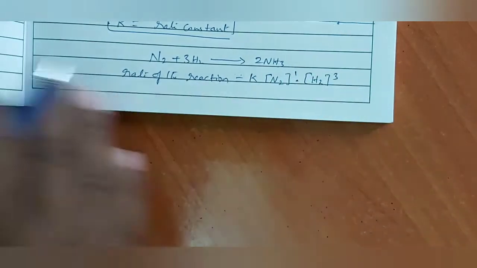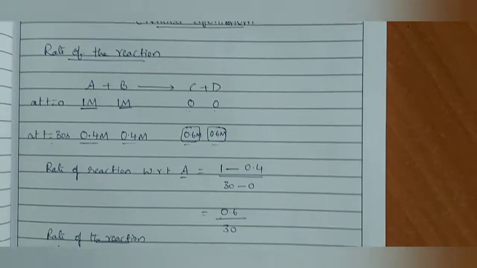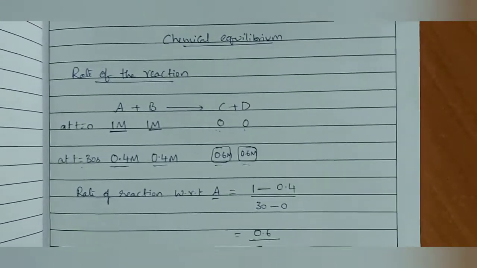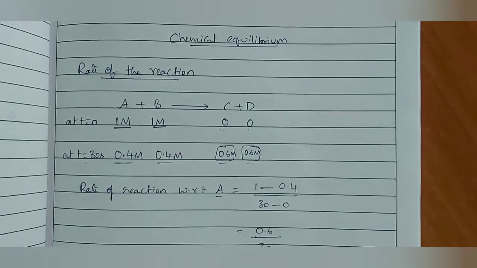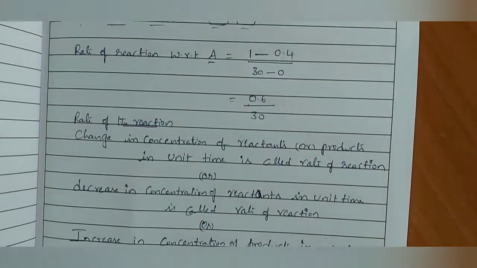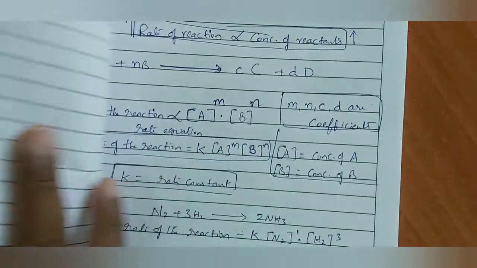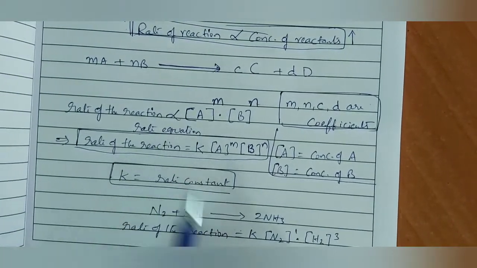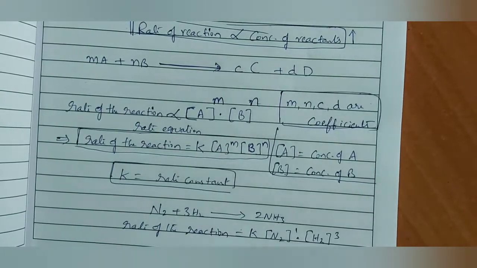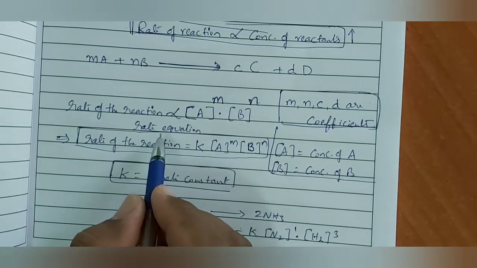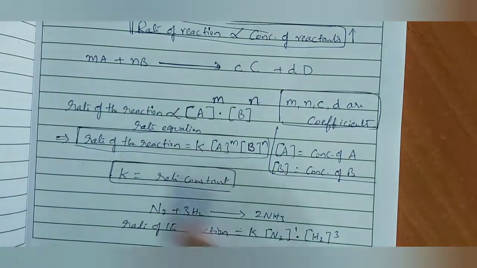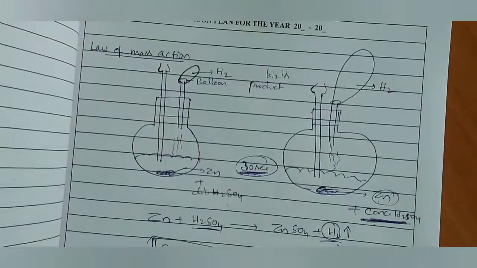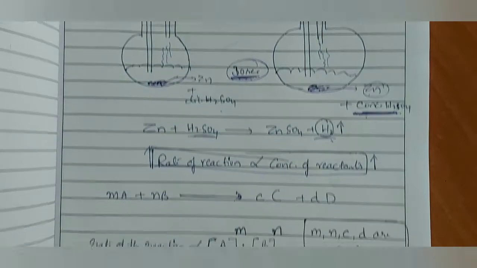Okay, in today's class we have completed physical equilibrium and we have also started chemical equilibrium, but instead of going directly to chemical equilibrium, I have taught you the rate of the reaction first, and after that how to write the rate equation. For any forward reaction or backward reaction we can write the rate equation depending on the reactants only. I have explained all that in detail. This is about today's class.